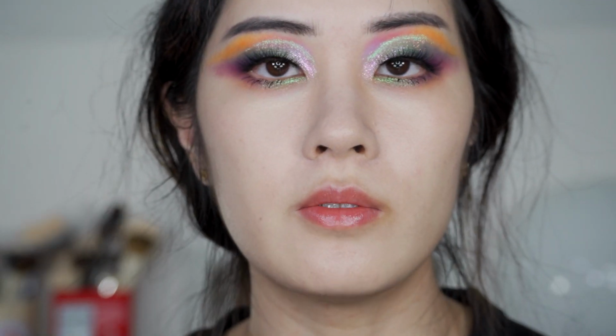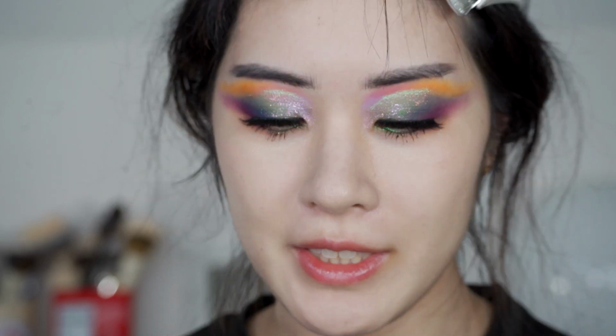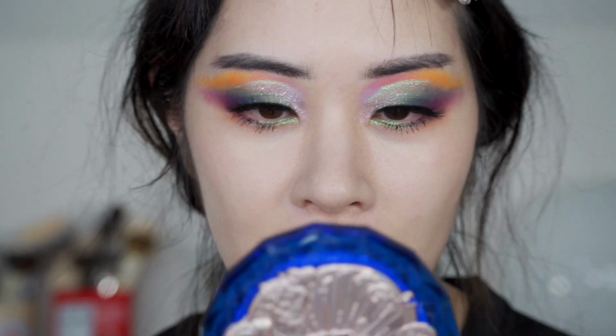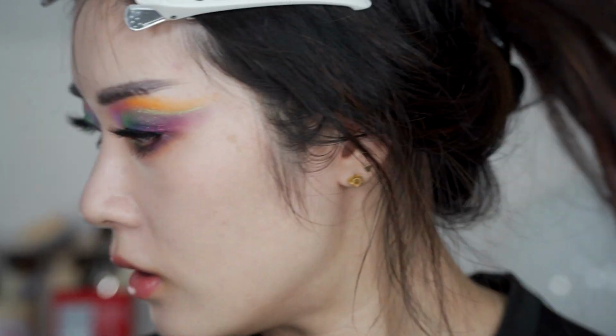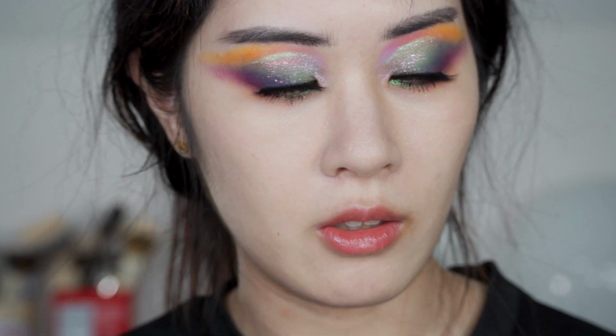So I put on some false lashes. These are just from Doe Lashes. I curled my lashes a little bit too much, so I had a little bit of trouble getting the lashes to actually go down. So they're sitting a little bit precariously today, but I'm going to go ahead and take the palette again. If I had it, I would love to do a gradient in the waterline, but